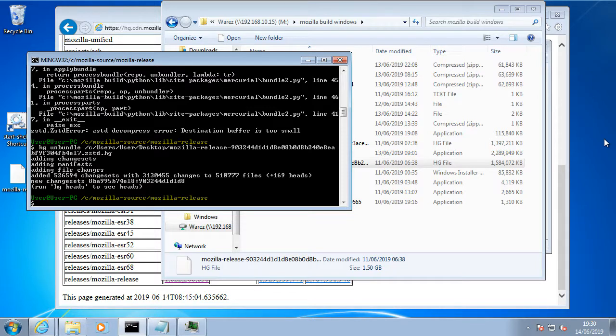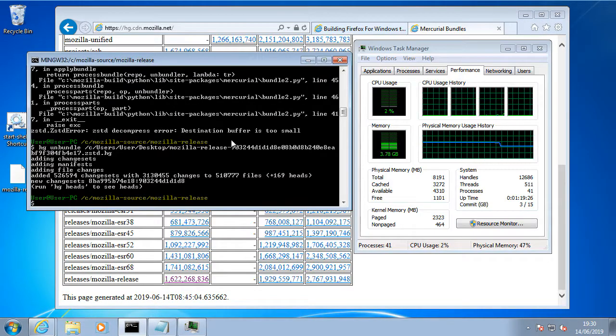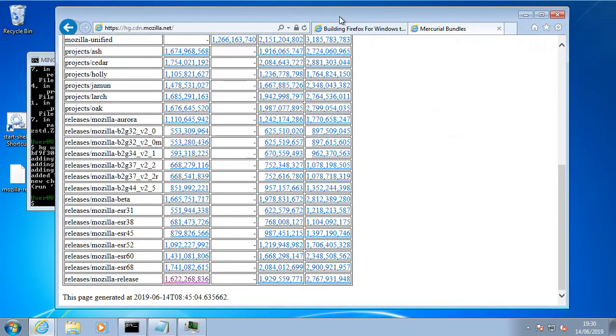Okay, so as you can see, that's finally finished, and you notice that there are some errors up the top there, because I think the download had become corrupted from when the virtual machine crashed one time, and so I just had to copy it again from where I had it stored. Right, so now we can continue with this,